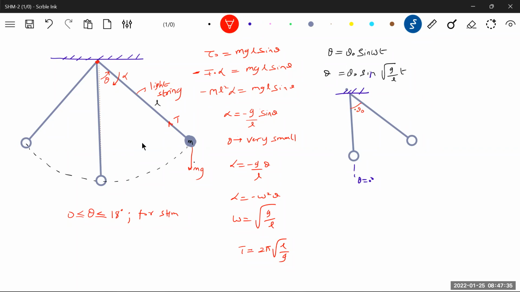There's an angular amplitude. What is theta naught? You should call it maximum angular displacement or angular amplitude. If you define t equal to 0, this particular point, it will be like this. If this is the mean position, something the angular velocity you are giving in this direction. If you release from right extreme,